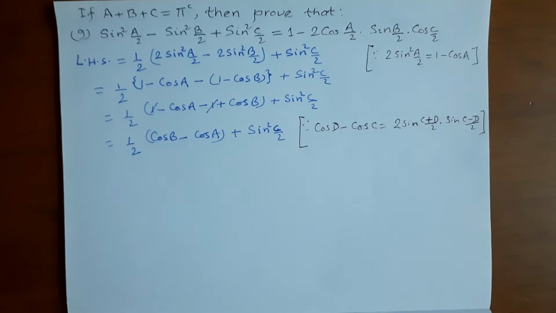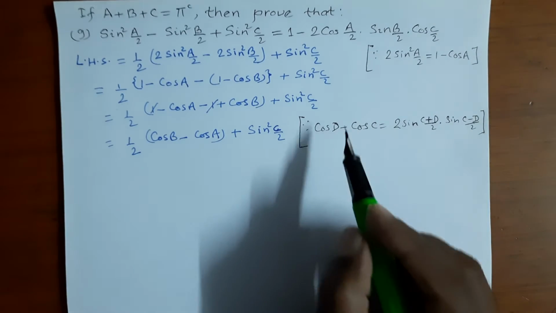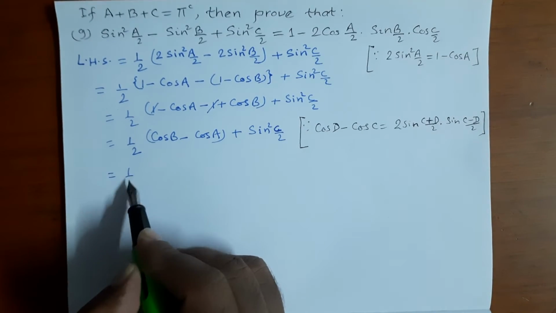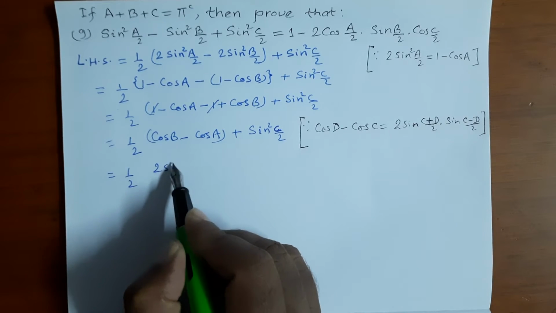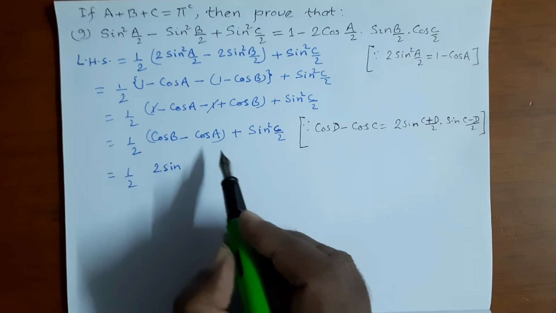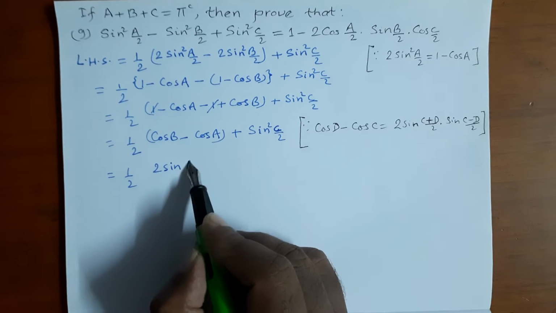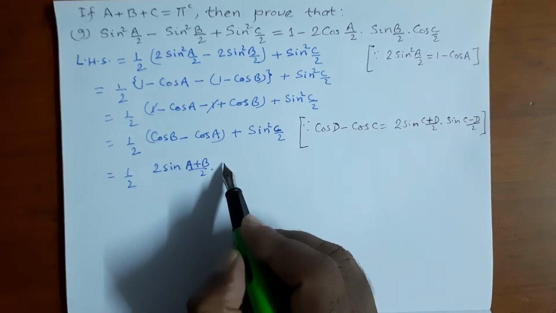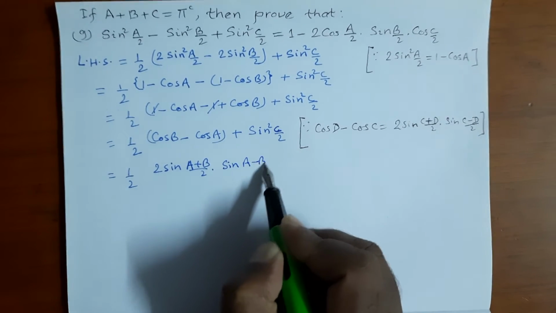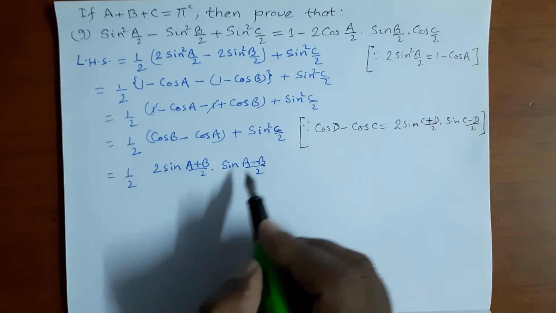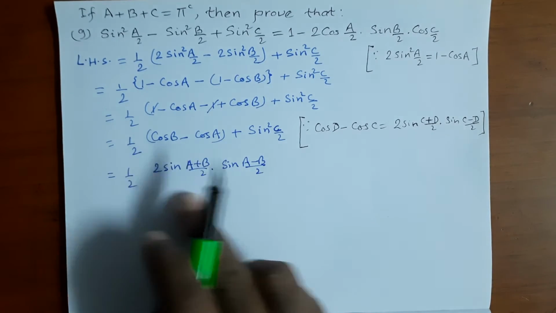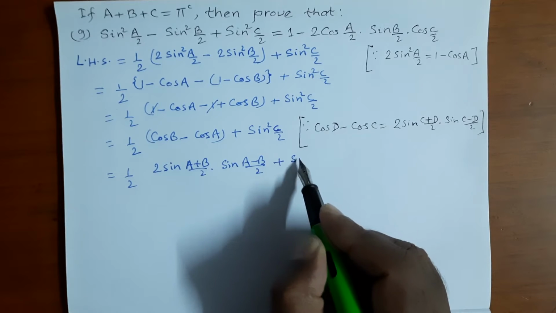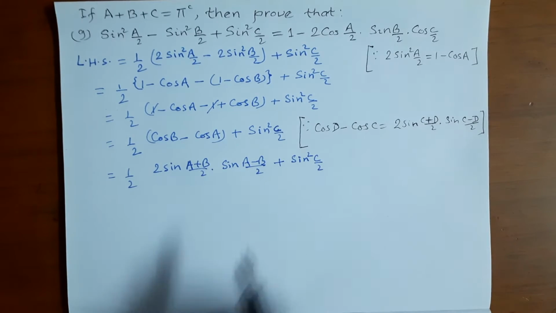Now using that formula, instead of this D, we have here a B, instead of C we have here A. So we can use that formula, and this can be written as 2 sin of (C plus D) over 2, so (A plus B) over 2 we can write, and then (C minus D) over 2, sin of (A minus B) over 2 we can write. For this cos B minus cos A, we can write it this way: 2 sin of (A plus B) over 2 sin of (A minus B) over 2, plus we have here sin square C over 2 at last.